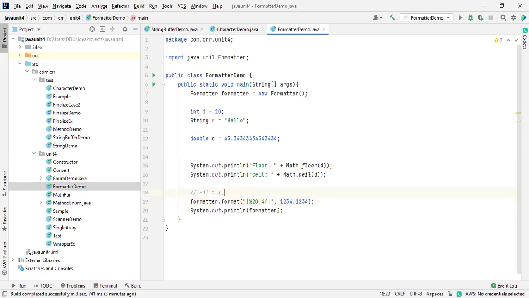I said about this, like D is integer, a float, a D, sorry. And S is the format we maximum use. So here I just used F, which says it's a float value. I'm going to print this one because I just want to mention this is a formatted value.